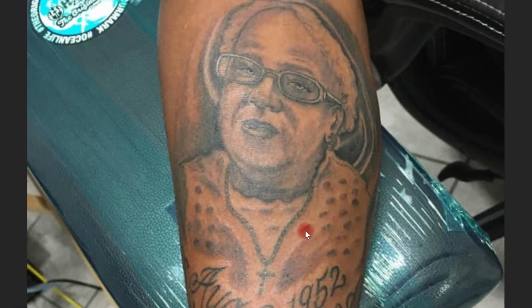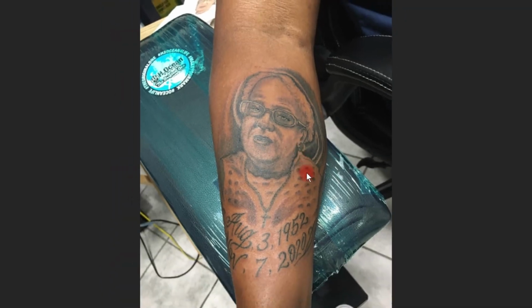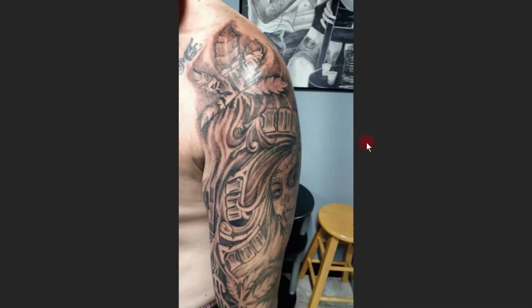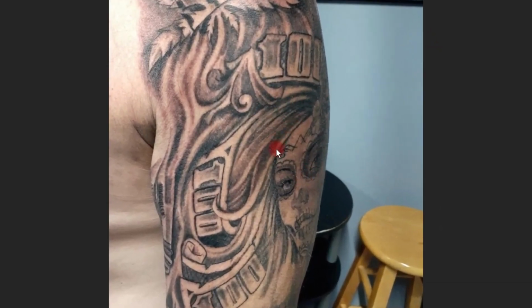They're going to basically disappear by the time it heals, and so ultimately this person is going to have very little depth to their face because he just used this light gray around the whole thing, and so there's just not going to be much contrast or much to define her cheekbones or her eye sockets very well. This was a custom piece by him that...